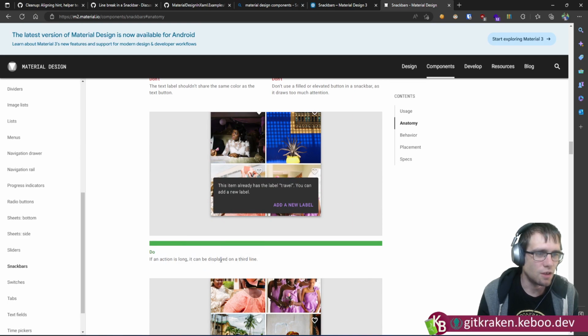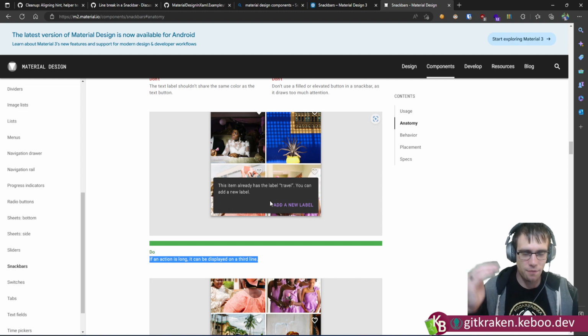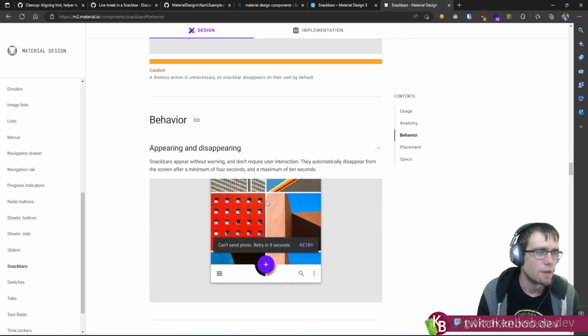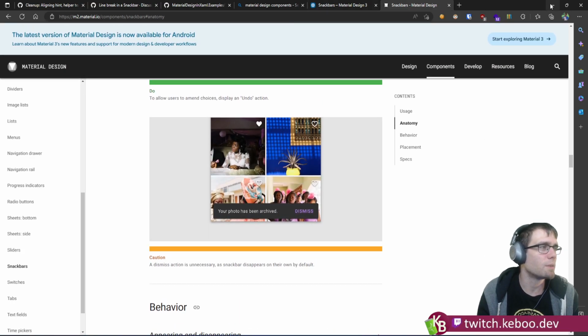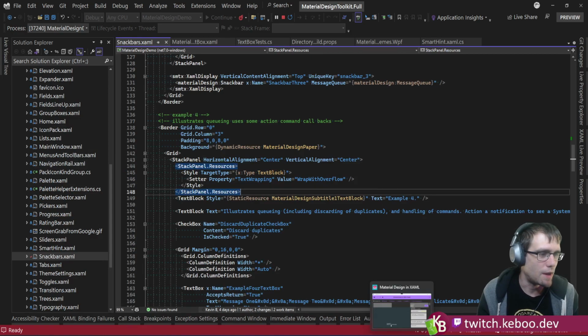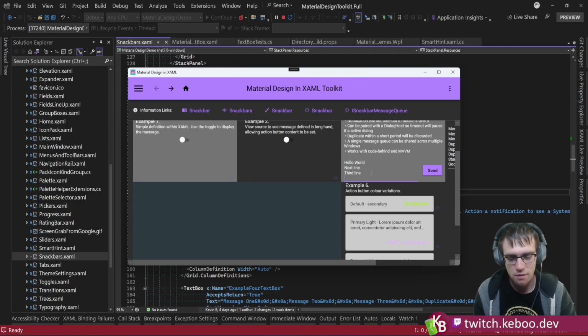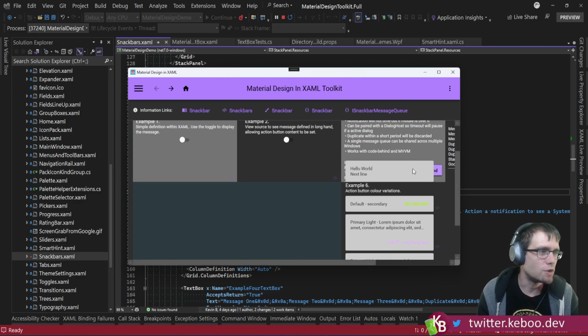if an action is long, it can be displayed on a third line. So we have this, right? We bump the label down to a third line. So the question is, if somebody wants to bump up the snack bar message to contain arbitrary amounts of text, what do you have to do to change this sizing? So